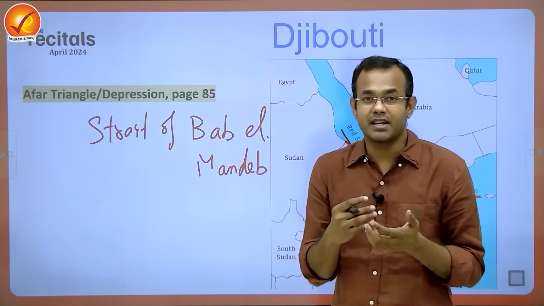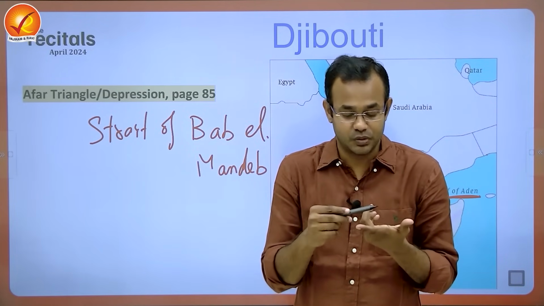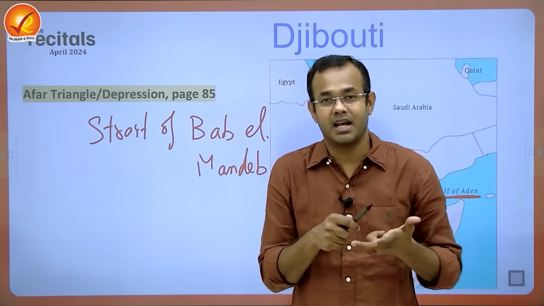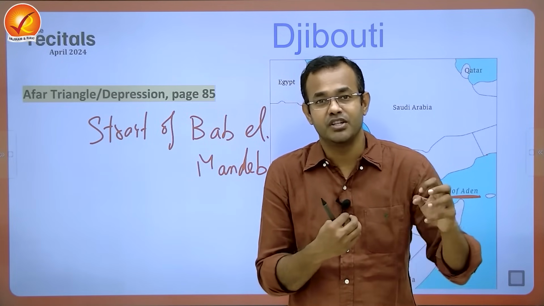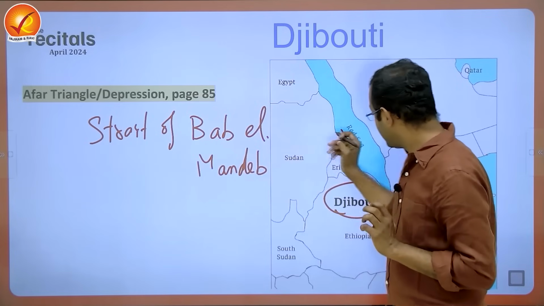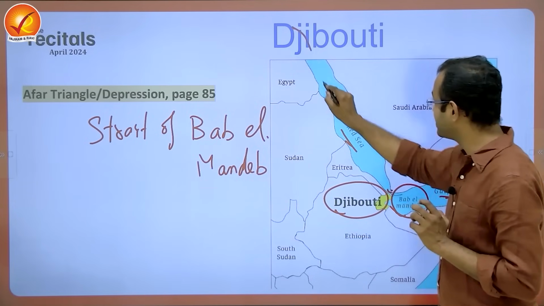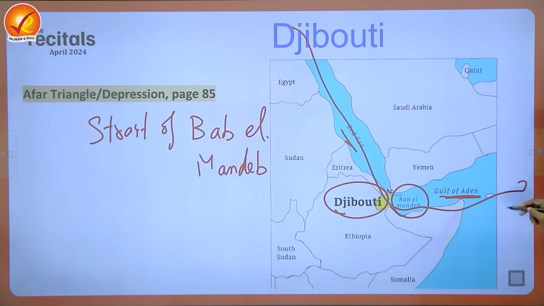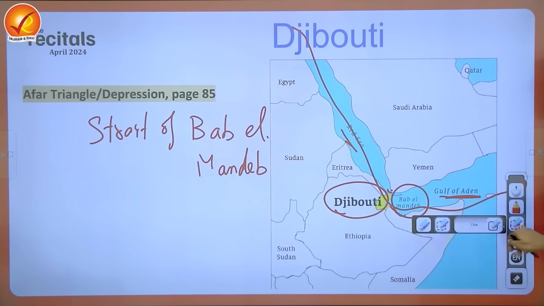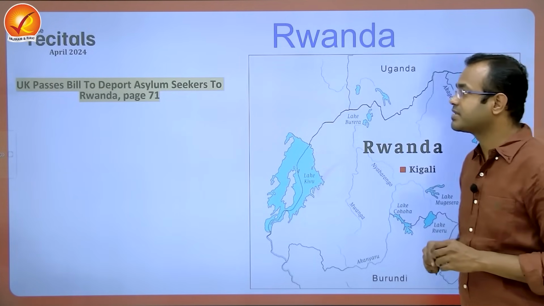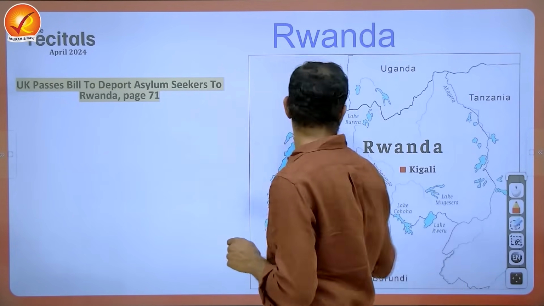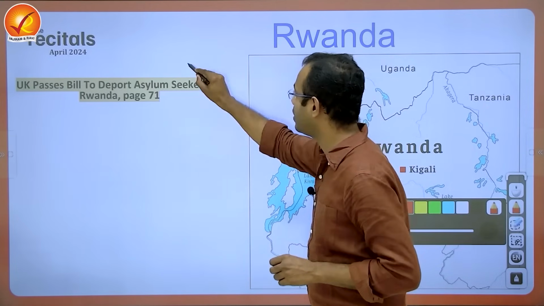These straits are most important from the prelims point of view and mains. Last year, there was a question in mains to discuss the economic importance of isthmus and straits, where this is the most important part when the sea route moves through the Suez Canal to the Indian Ocean regions.